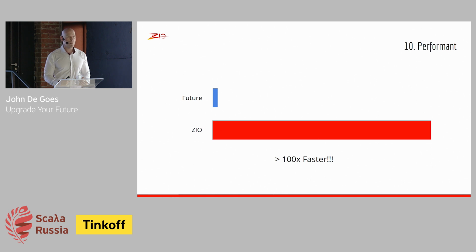But what it does demonstrate is that you can use something like ZIO, and you have to worry less about performance than ever before. If you worried about using Future too heavily in your application, it was probably a good thing. You don't have to worry about using ZIO too pervasively in your application, because it's managed to improve the margins by so much that it makes it practical to use it across your whole application.